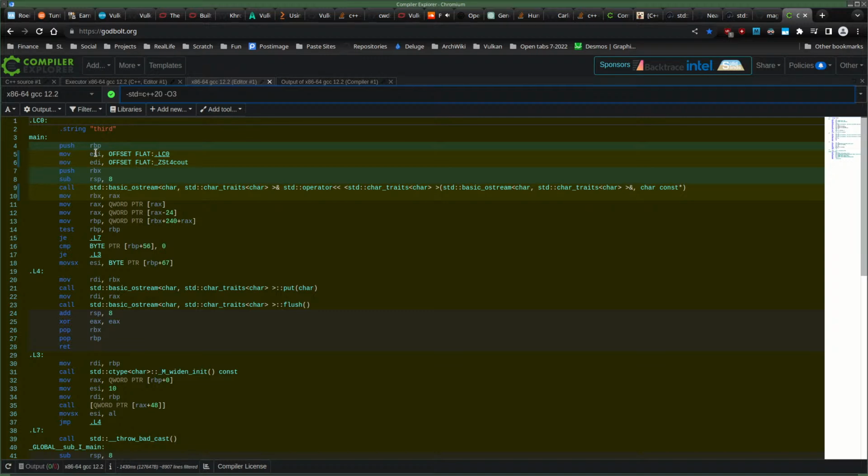Yeah, it looks like it moves. I mean, the string is just put in ESI, and then standard cout into EDI, and then we call basic ostream, blah blah blah. That prints that. It's not super clear, but